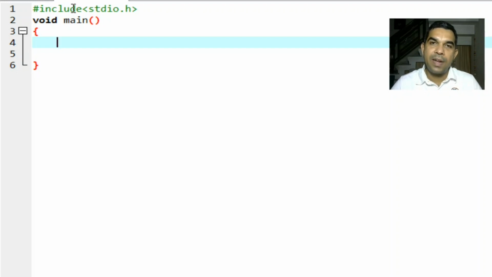So in this video we will be creating a user defined function, and let us create a function to calculate the sum of cubes.